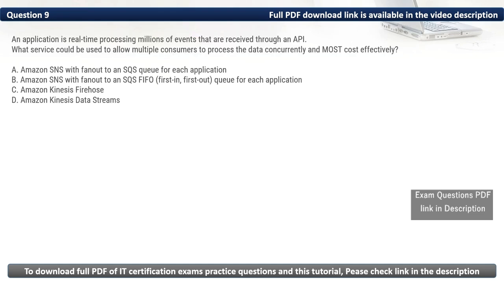Question 9. An application is processing millions of events in real time that are received through an API. What service could be used to allow multiple consumers to process the data concurrently and most cost effectively?